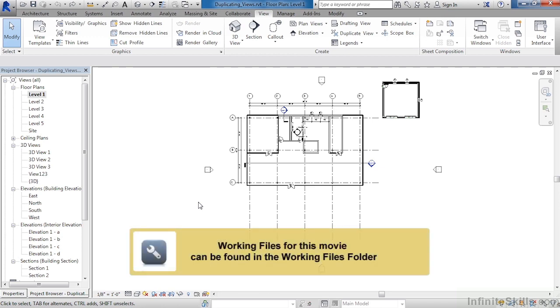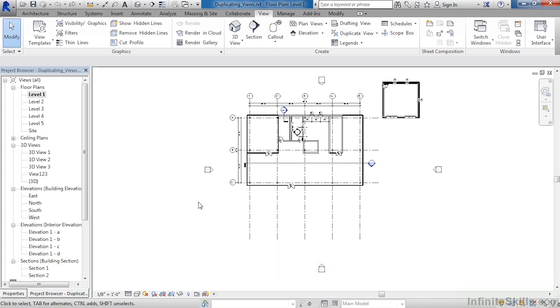Sometimes when you are working on a project, you will have the need to duplicate the information from one view into a new view. An example would be two floor plans at the same level. To create this duplicate, move your cursor over to the project browser, expand out floor plans, then select on Level